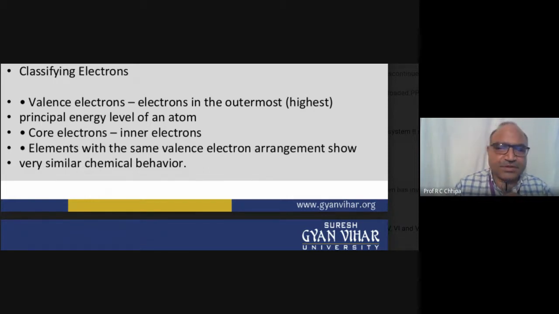Most reactive are the halogens. Halogens have 7 valence electrons in the outermost shell. So one halogen can take one electron